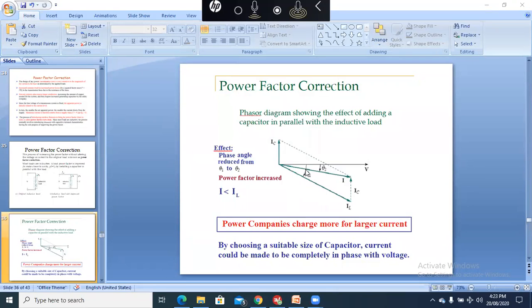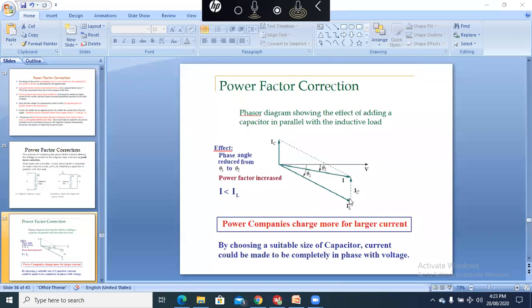So if the angle is increased, it means that the cosine of the angle will decrease. So for theta 1, which is a larger value, the power factor is decreased and the amount of current drawn will be increased,